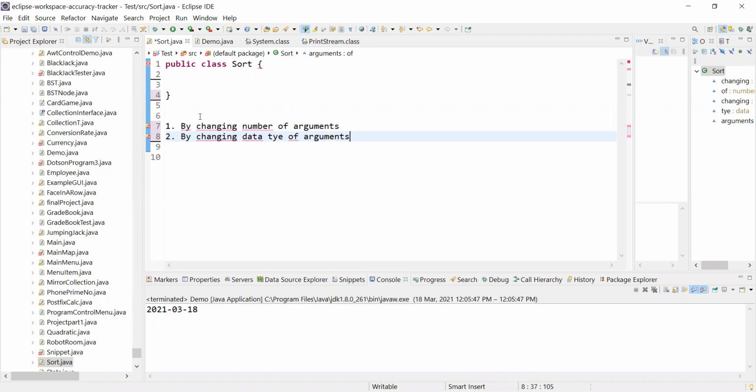So these are the two ways by which we can overload a method.